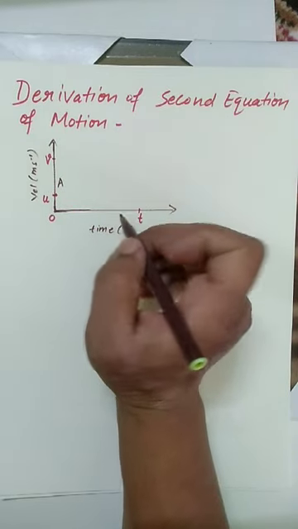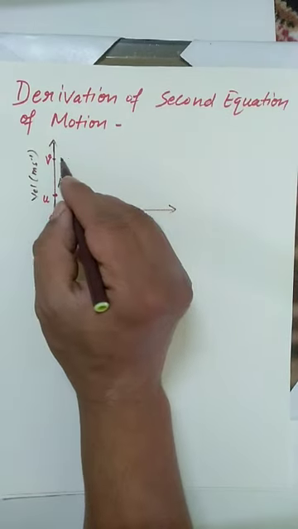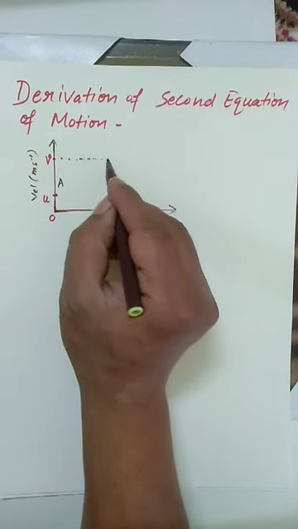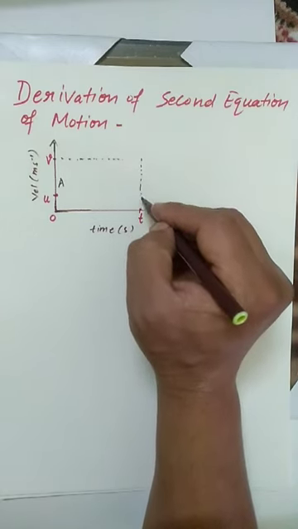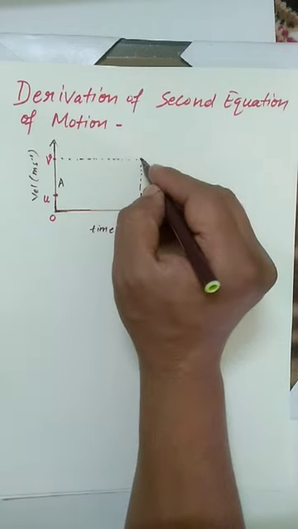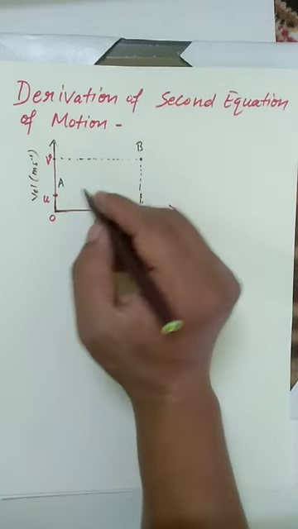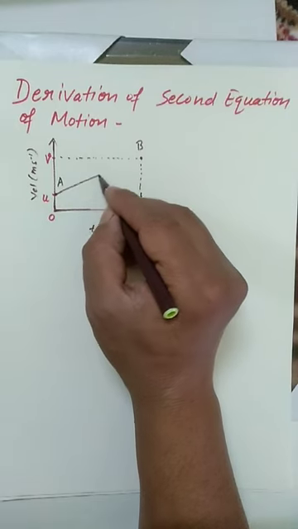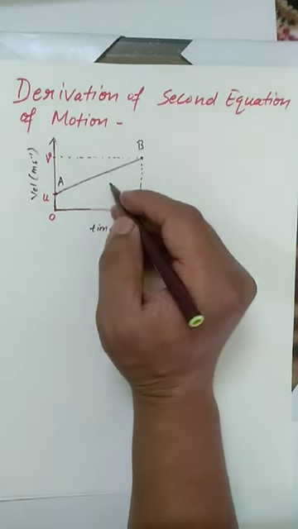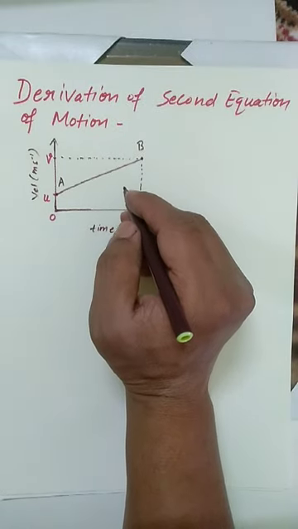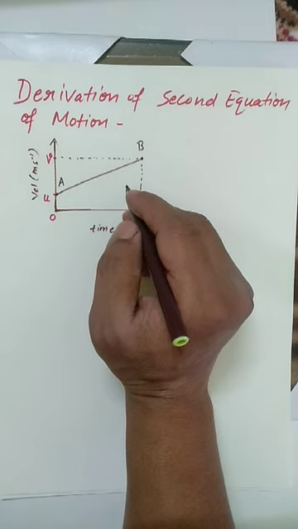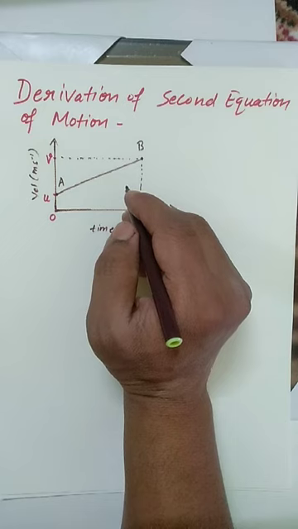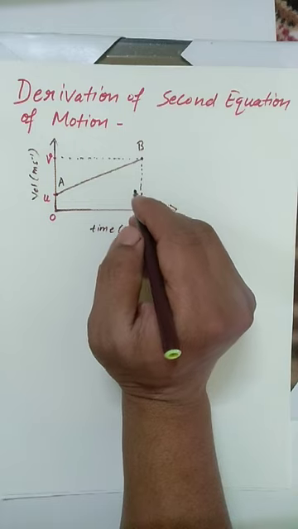And the second common point in this graph is for velocity: draw a parallel line to the x-axis and draw a parallel line to the y-axis. This second common point, we can write as B. Now joining A to B, it gives a straight line, so it represents a uniform motion. And okay guys, keep these 2 points in your mind whenever we are deriving this equation of motion. We consider the object is moving in a straight line and its motion should be uniformly accelerated motion.